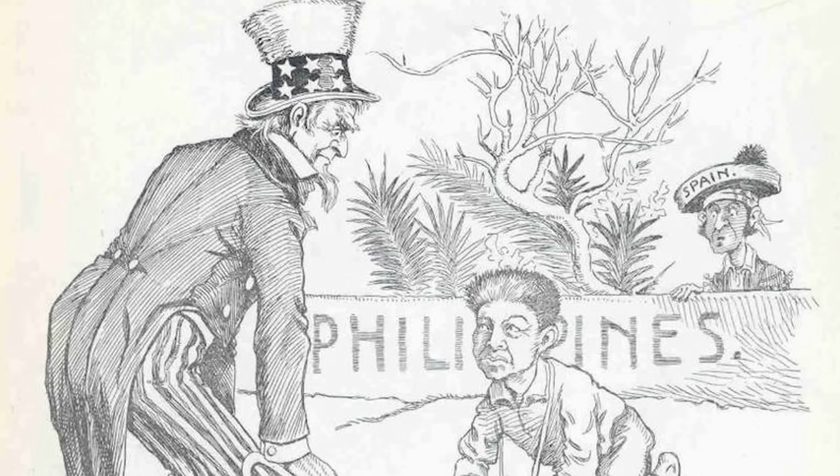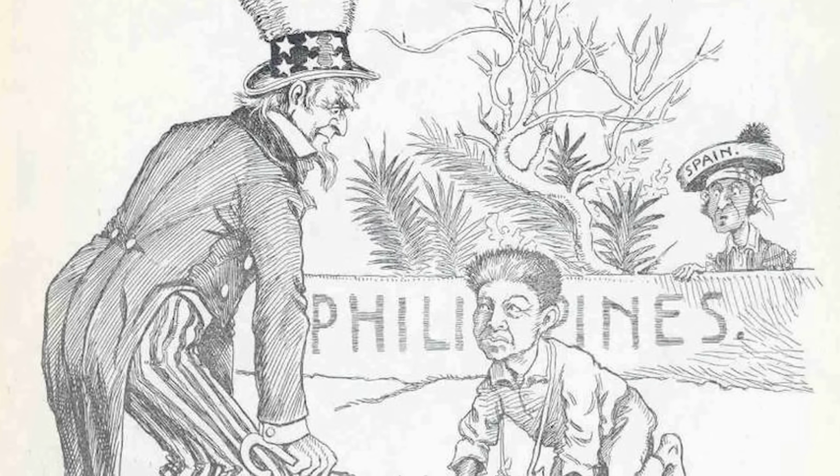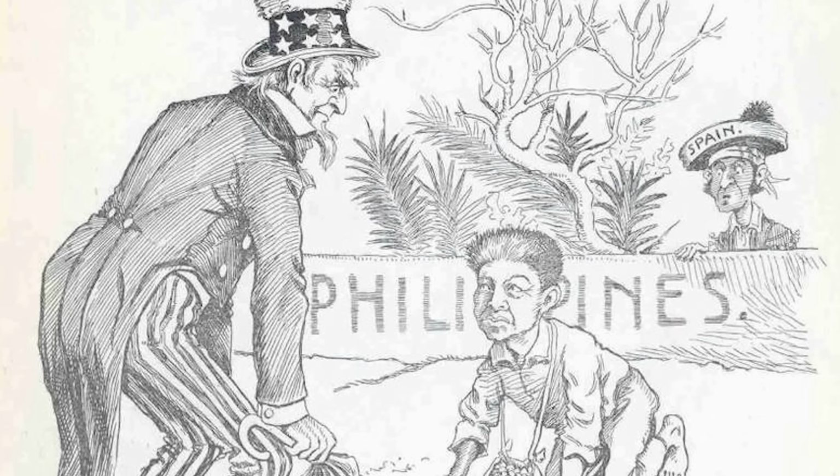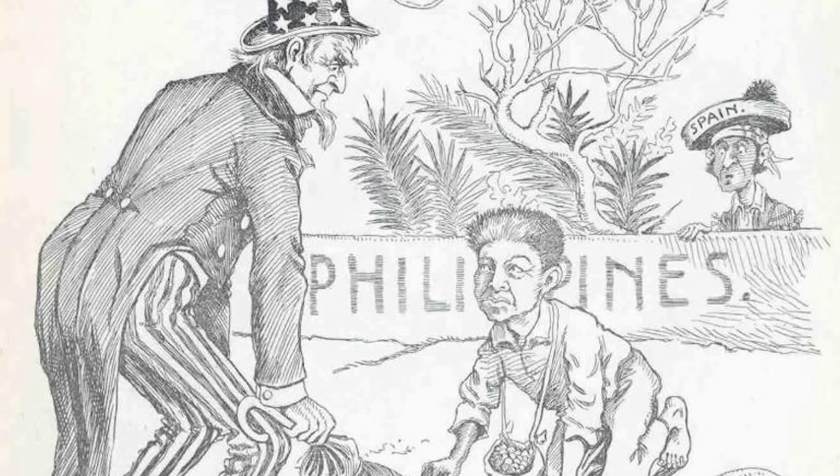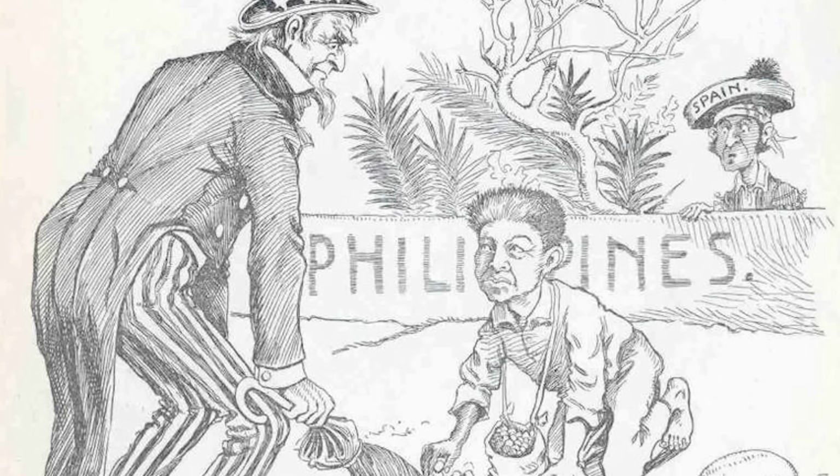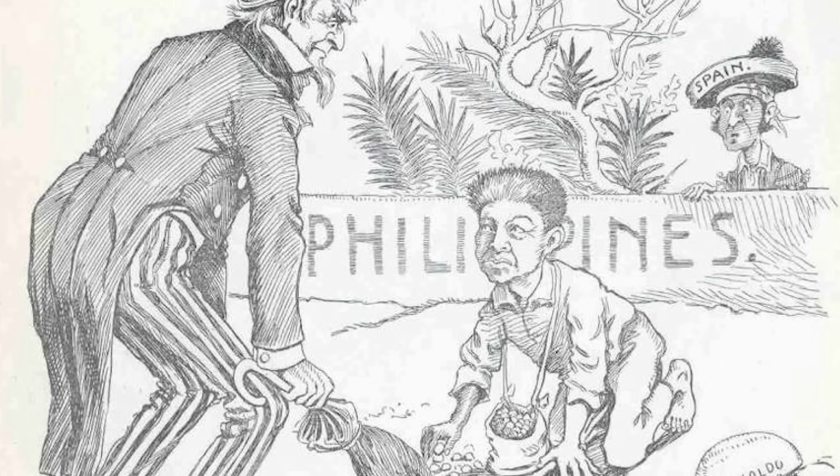For anti-imperialists, this was kind of a ruse to hide what their true argument against imperialism was, namely, what happens when we take over a country full of brown people? Like, are they going to become citizens with full rights? Of course not. So might as well not expand at all.